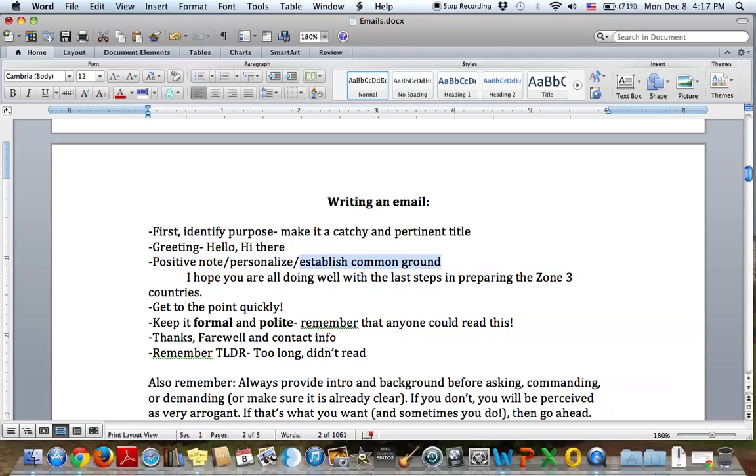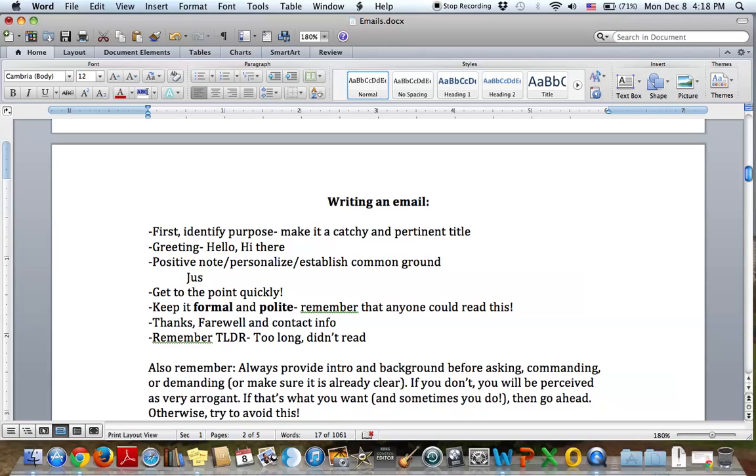And that also establishes common ground. When we say establish common ground, that just means I want to show that I'm part of what's going on here. I want to show something that we have in common, something that we share. That I'm part of the group. That's really the whole purpose of this section. Now, the important thing is establishing common ground doesn't have to involve all of this. It can be something as simple as